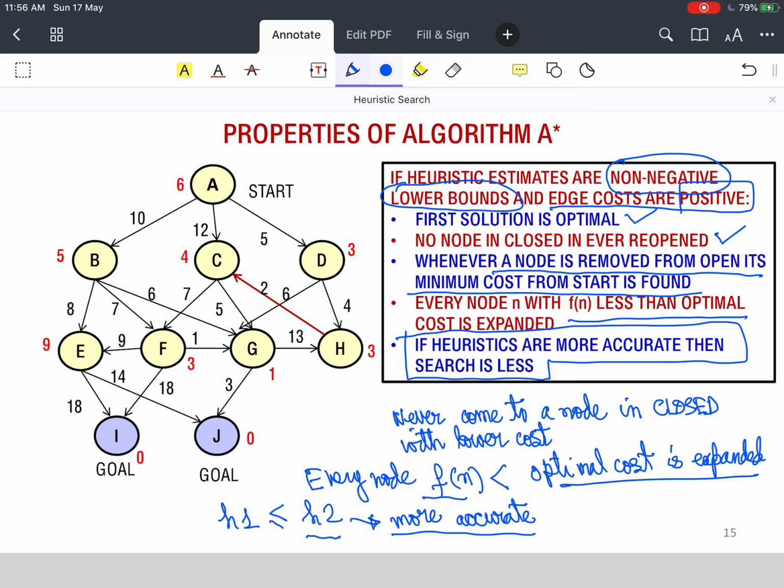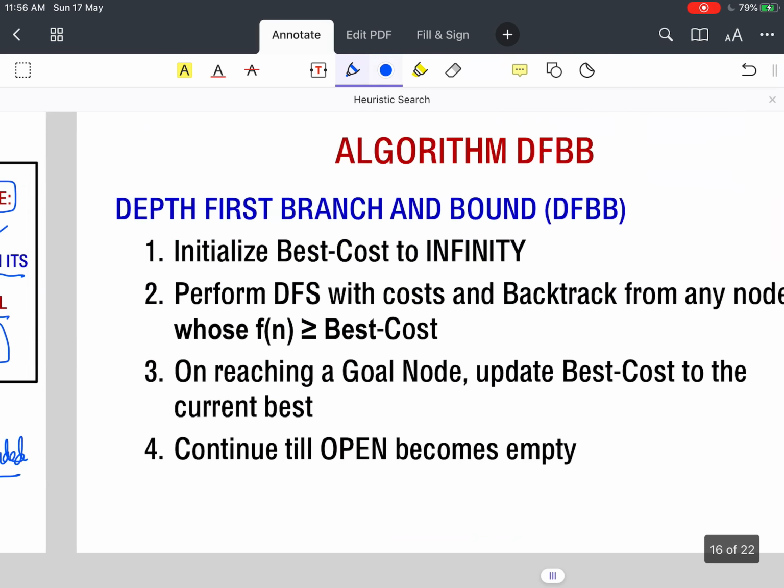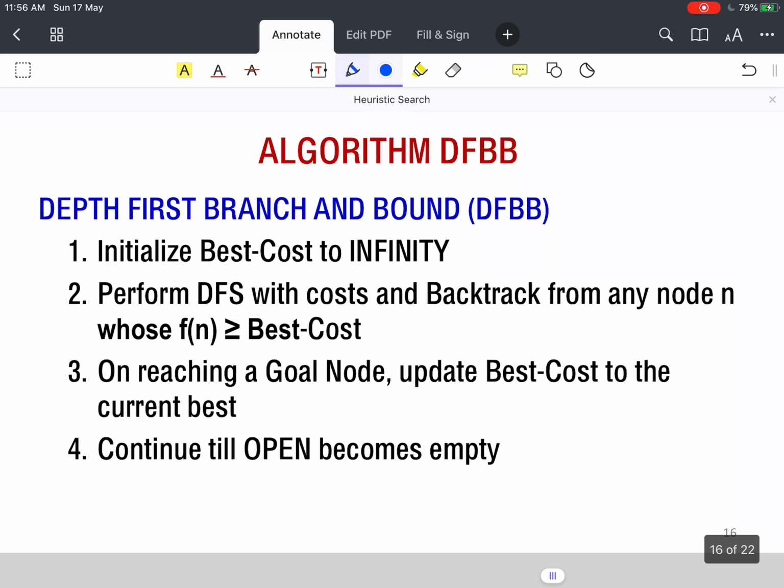These are some of the fundamental properties of algorithm A*. This algorithm has been widely used in a large number of problems like wire routing, scheduling, traveling salesman, and so many other problems that we have discussed earlier. It is one of the foundational and most popular algorithms which is used for solving AI problems through automated problem solving using heuristic search.